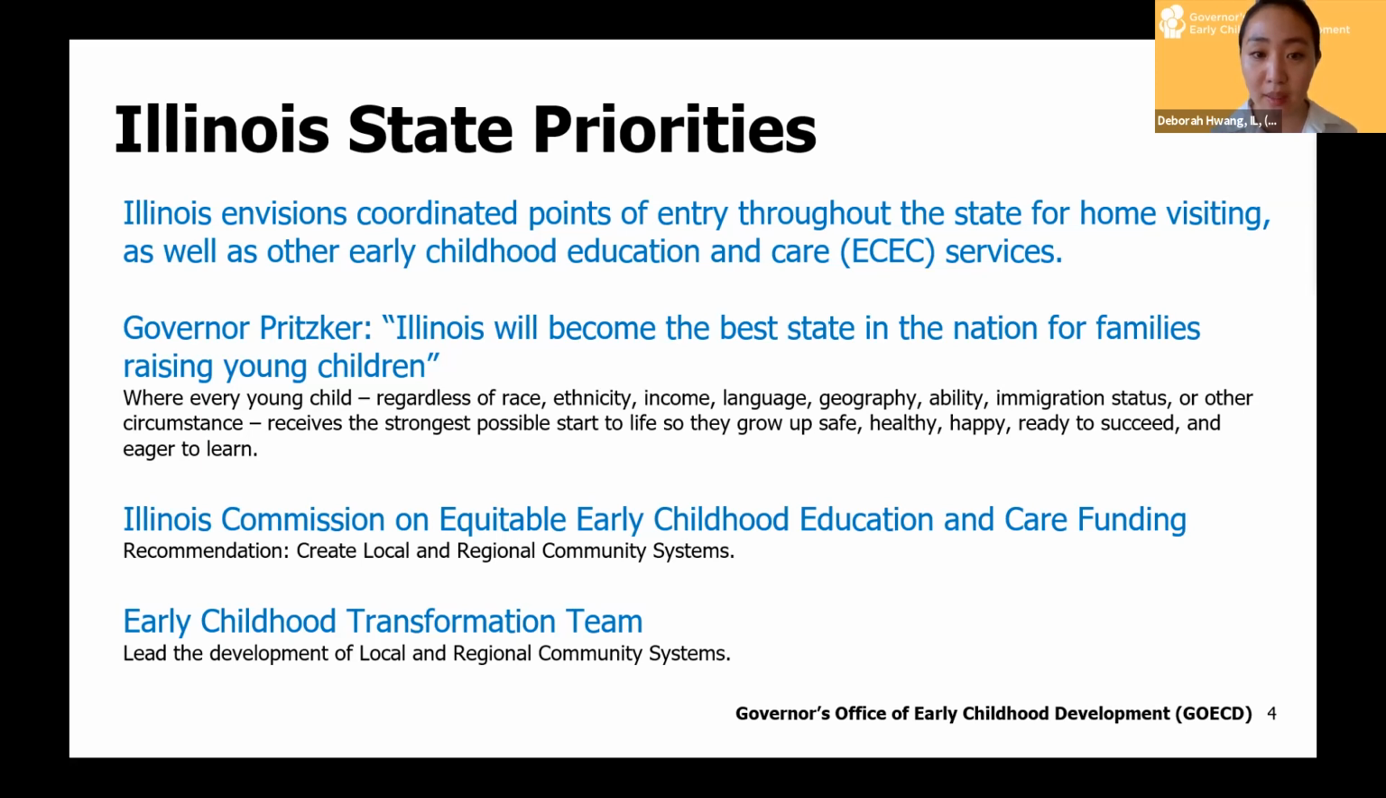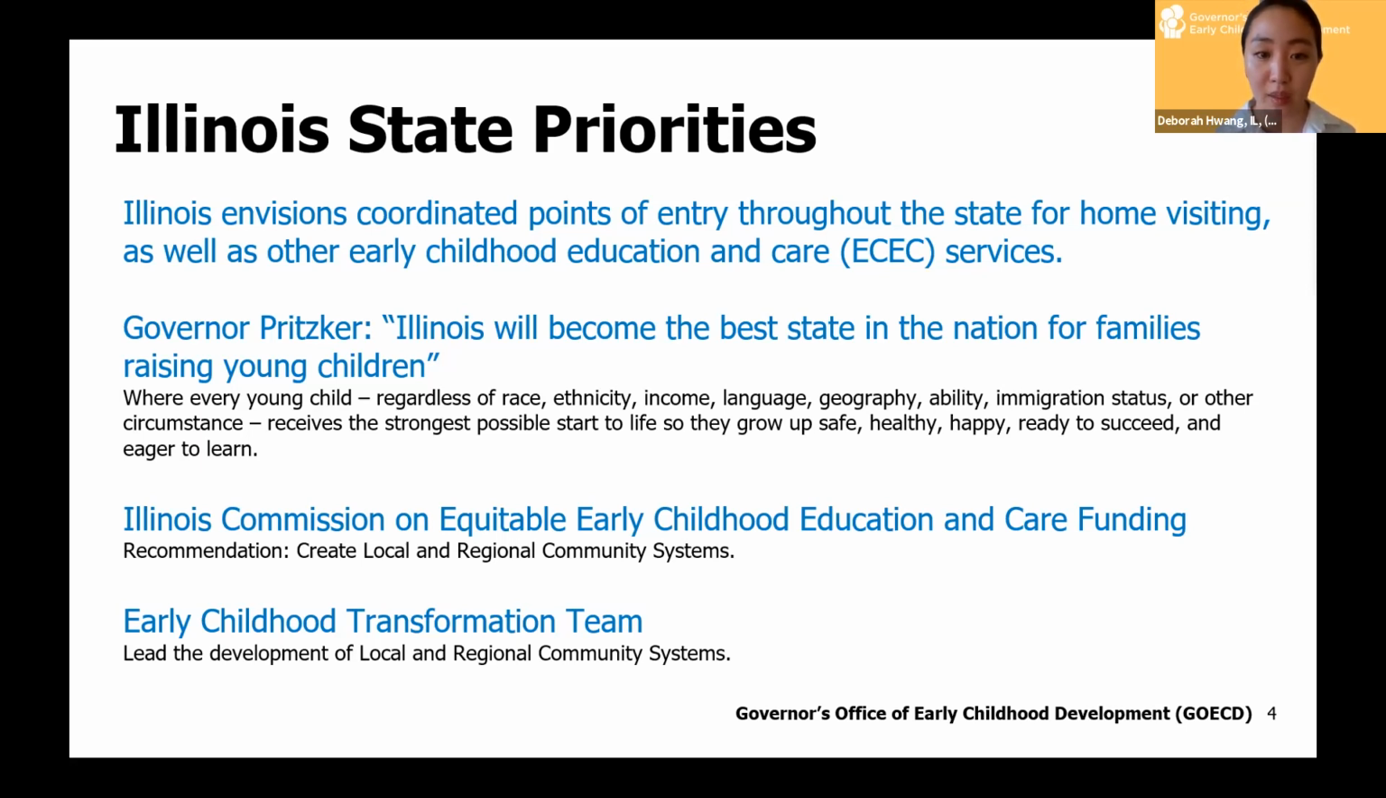looked like. Also, larger state priorities that back this work include our governor's goal, which is that Illinois becomes the best state in the nation for families raising young children. So this means that every child, regardless of their race, ethnicity, income, language, geography, ability, immigration status, or other circumstances, receive the strongest possible start to life so that they can grow up safe, healthy, happy, ready to succeed, and